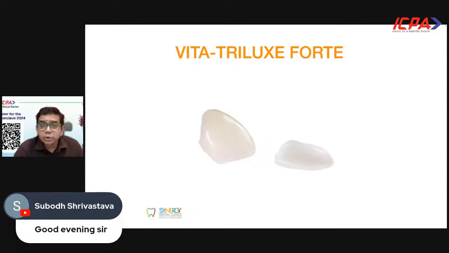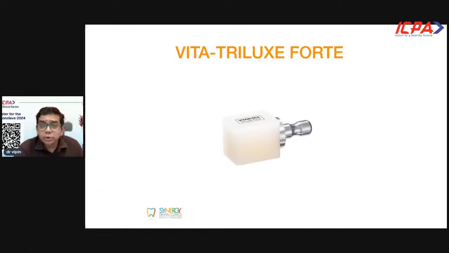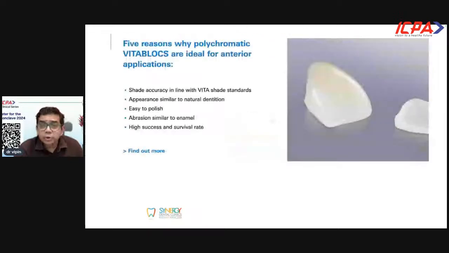Again, nesting means placing the crown in this block, which has to be understood. You have to convey to the lab whatever you need, whether the patient's translucency level is high or low. Accordingly, the crown or the veneer is nested in this block, right? So shade accuracy is excellent, easy to polish, abrasion is similar to enamel, and it has got a high